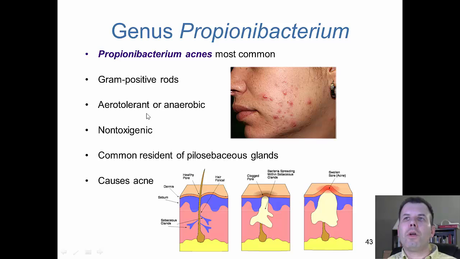Okay, another one is the Propionibacteria, and that is again the acnes bacteria, the most common type of acne. Again, these are gram-positive rods. They tend to be aerotolerant or anaerobic. They're non-toxigenic, and again, a common resident of the pilosebaceous glands. And so we see this a lot of times in the face. Again, healthy pore, one that gets clogged, and then you get the swollen one with the pus, and that